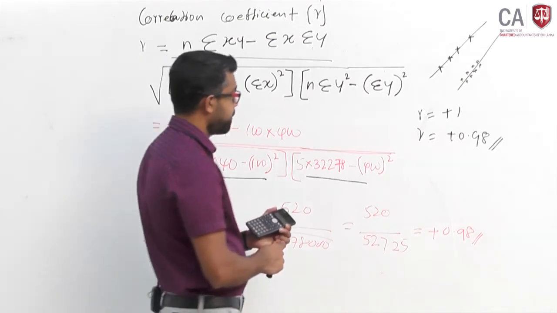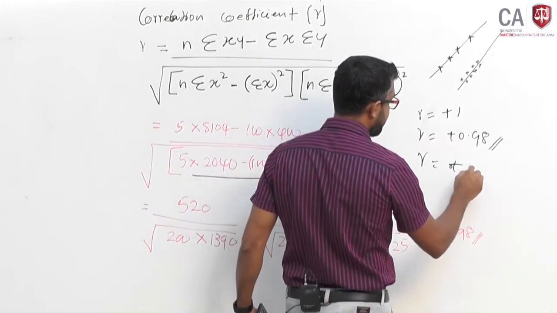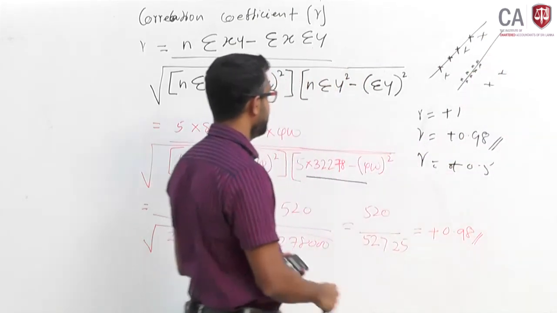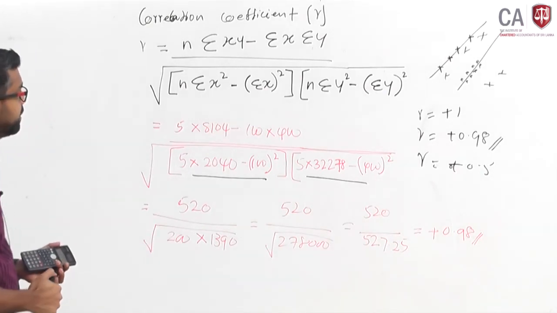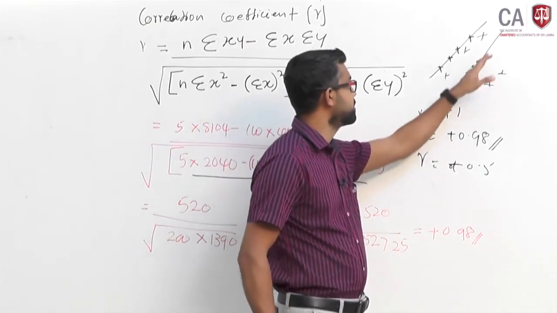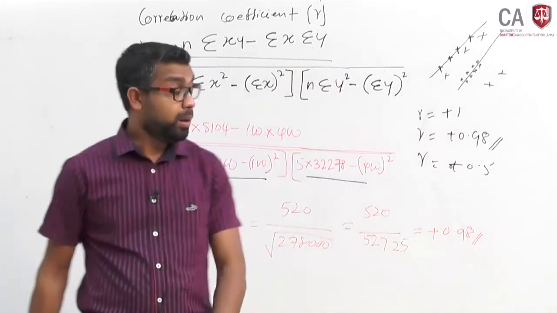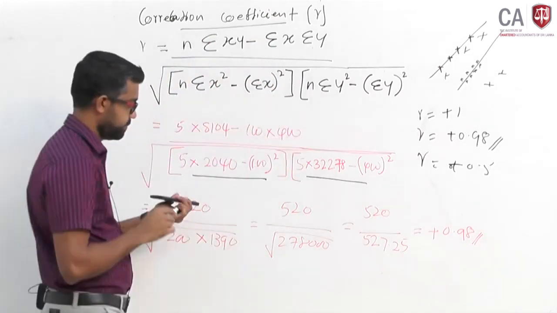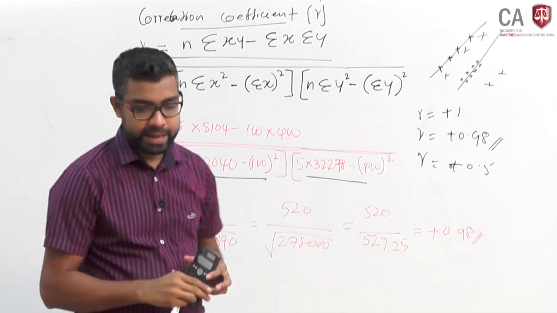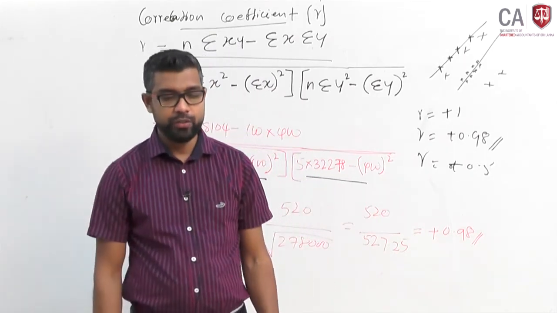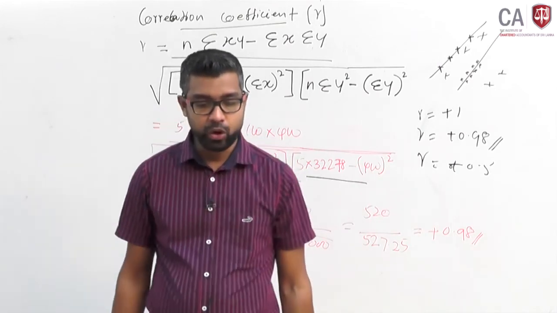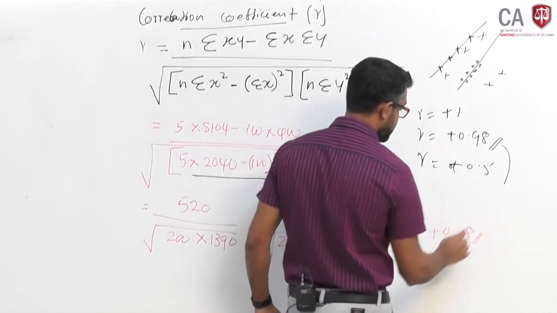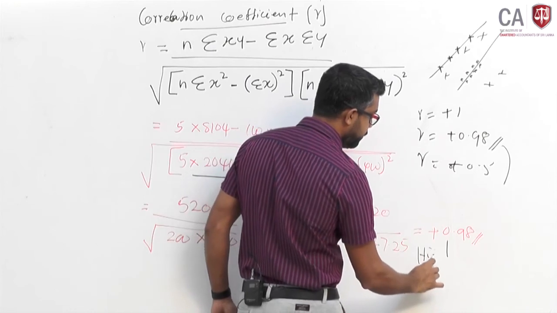But suppose r equals plus 0.5, then the variables are further from the line. Still positive, but very far away from this regression line. This is what the correlation coefficient is. Now the question is to calculate the correlation coefficient and state whether there is a high degree of correlation between output and the cost. Yes, there is a high degree of positive correlation. So how do you interpret this high degree of